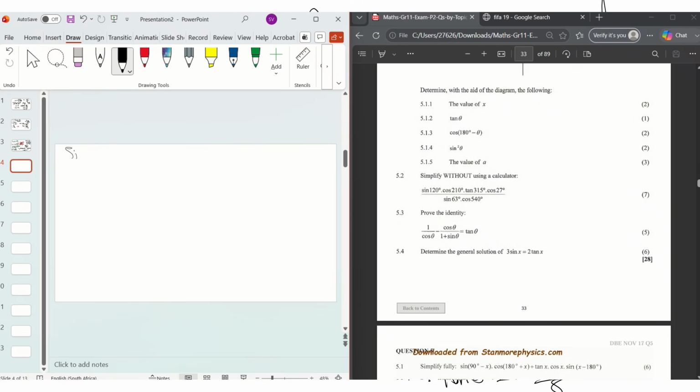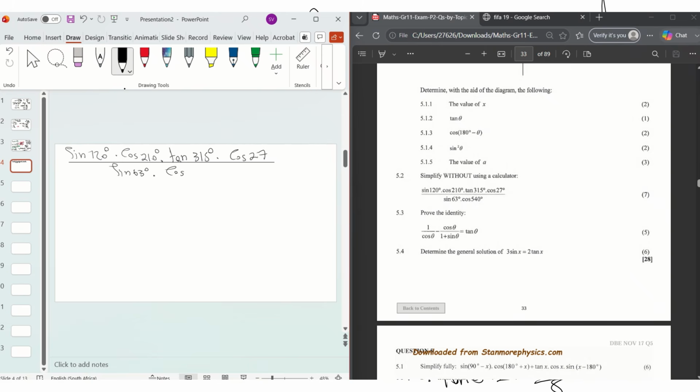So we have sine 120 times cos 210 times tan 315 multiplied by cos 27, all divided by sine 63